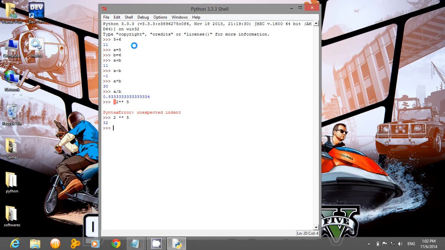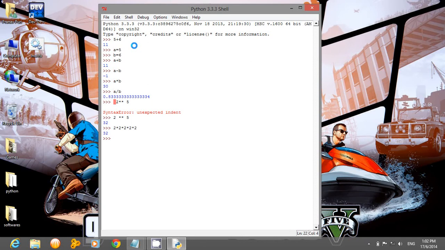The answer is 32 and you can also verify it by 2 into 2 into 2 into 2 into 2. You can see the answer is 32 and this means that in Python, double star means raised to power.